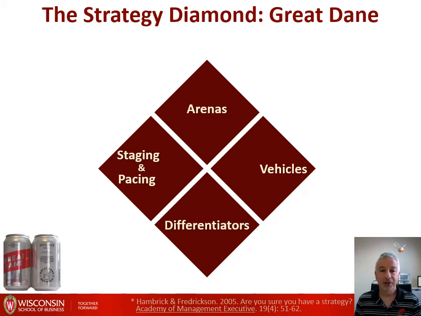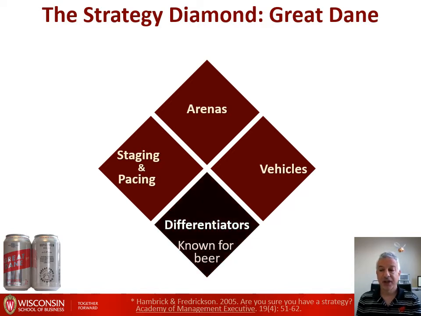Great Dane, as you know, as a differentiator, is known for beer in the restaurants, and that is the starting point. That is what they are seeking to leverage into this particular market. That you will see is the linchpin of describing their strategy. As I bring this up to my students very familiar with Great Dane, they will often tell me that they are known for beer, but it's not always good beer. Perhaps true, but they are definitely known for beer, and that is the basis for them to want to enter the retail market in terms of this.